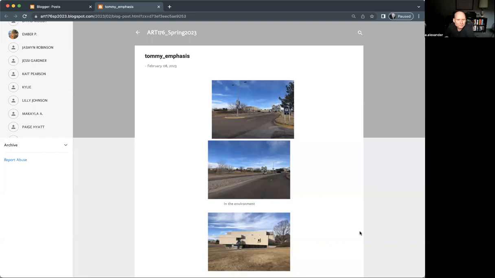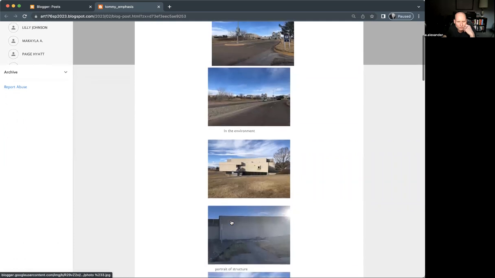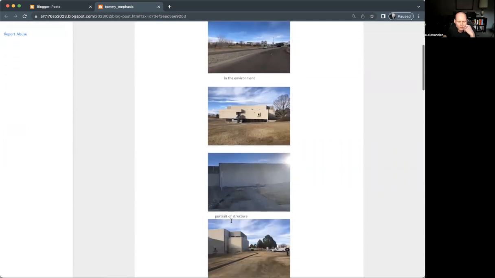Hi, Tommy. We're going to take a look at your emphasis posting here and offer up some observations for you. First of all, just take a look overall at what's going on here with your images,